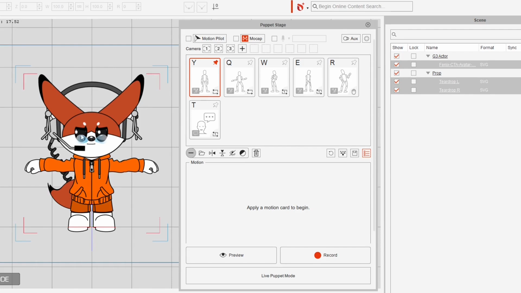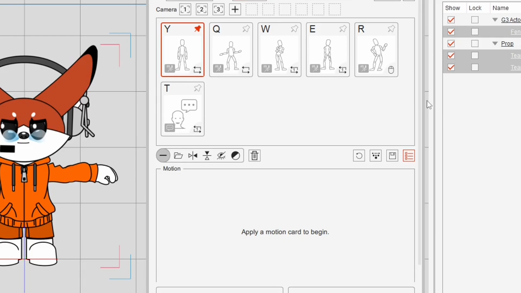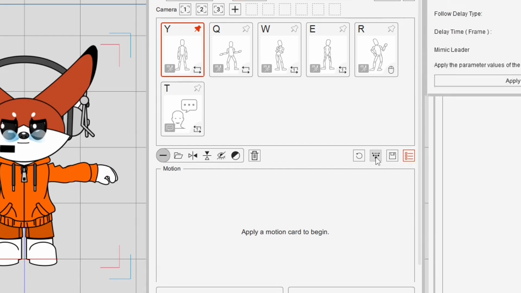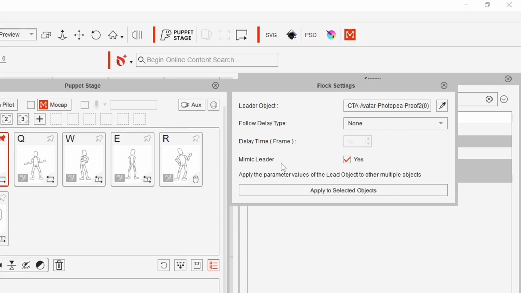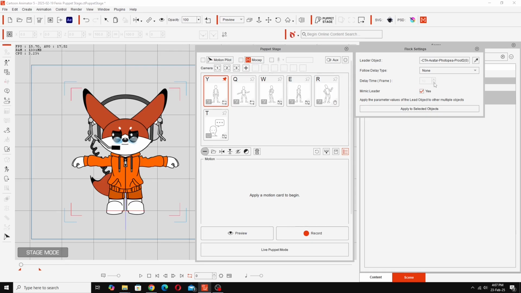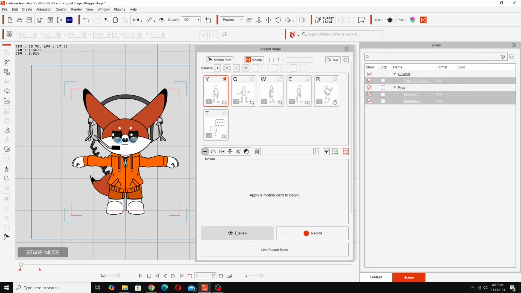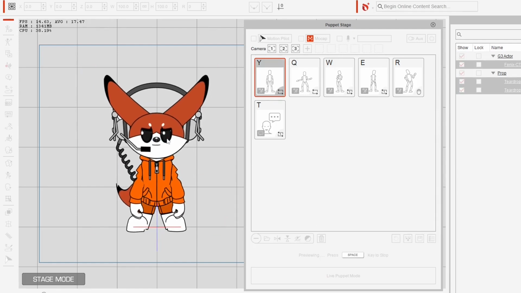Alright, so if we want the teardrops to actually work with the stage, what we need to do is go into here and check the flock settings. So we'll open up this. If this isn't working how you're expecting it to, chances are it's because this setting is on that says mimic leader, and it's got a check mark in that box. This is obviously related to when you're trying to control more than one character on the stage, but as far as these expressions go, we don't want this set up. If we uncheck that and close this down, and now we preview with spacebar, you'll see the teardrops disappear,